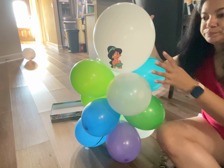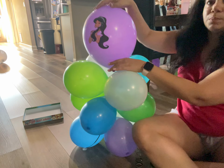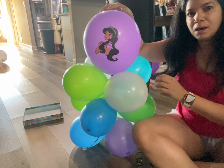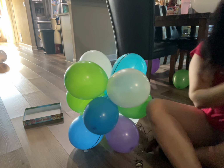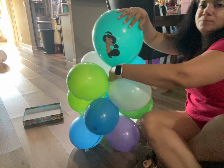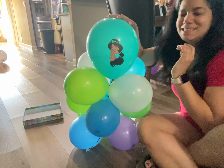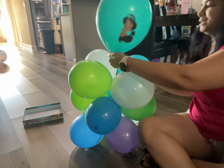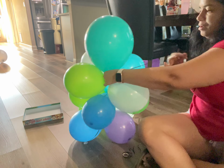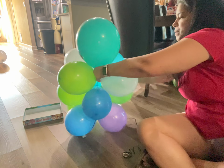I'm going to try to include this in. You can put that balloon right there and that will be perfect, but I don't like the white one on it. So let's go with the purple and see how the purple looks. I think the seafoam green is going to look better than all the other ones. Let's try that. Seafoam green, let's see. You see, that is the thing, and that's the way Eva's gonna wear her hair, so that's gonna be perfect. And now we're gonna wrap it around here, and we're gonna make sure that this is wrapped